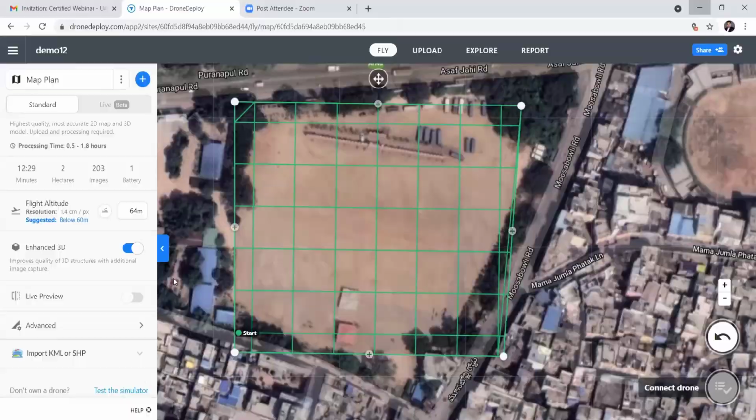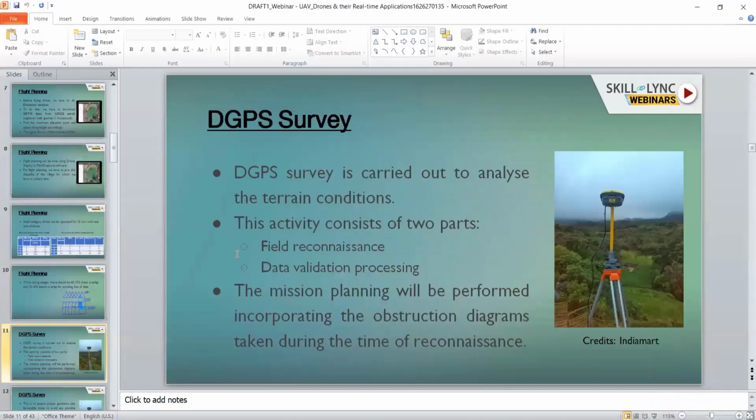Next is the DGPS survey. The use of DGPS is that it gives constant and accurate latitude, longitude, and elevation values. Drones operate with the help of PPK and RTK, real-time kinematics and post-processing kinematics.